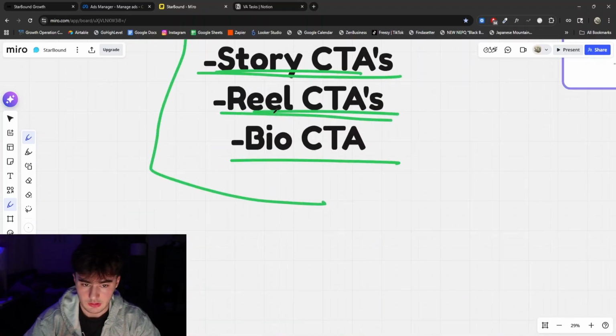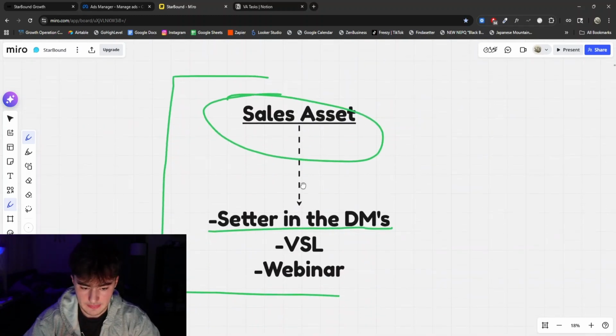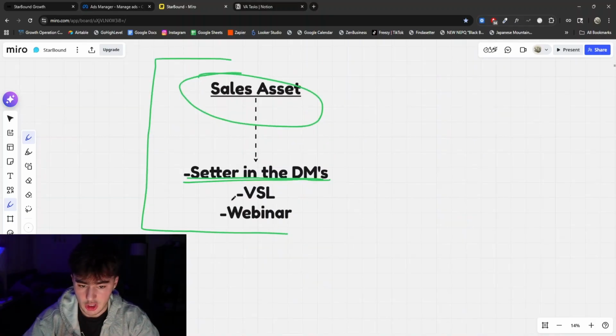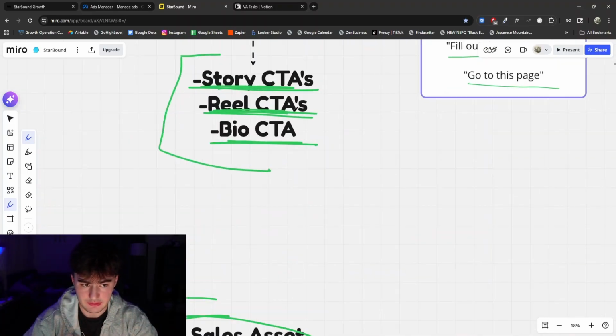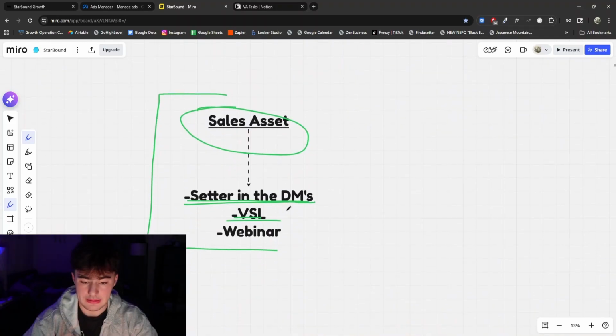And so when they comment at the end or DM the keyword at the end of a reel, or DM the keyword in your bio or at the end of a story sequence, they're funneled into a sales asset, aka the setter in the DMs that's trying to sell them or book them on a call to sell them. It could come in the form of a VSL, for example. The link in your bio is to a VSL. When they comment or DM on a story or a reel, it goes to a VSL, or likewise a webinar,